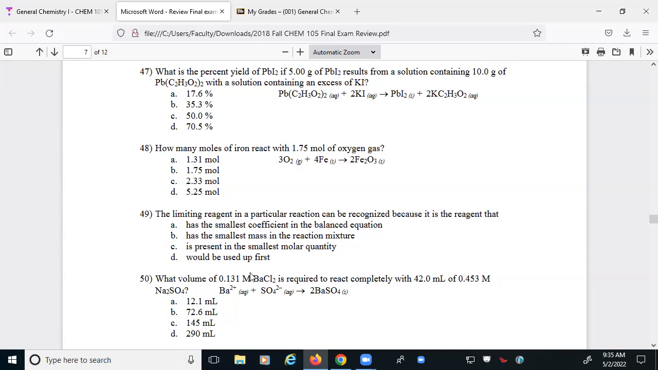Number 49 comes up. Limiting reactant in a particular reaction can be recognized because it's the reagent that would be used up first. Letter D, that's a definition question, doesn't require calculation, doesn't require manipulation, doesn't require any further thought. I just mark 49D, I move on. The reason I go through it that way is because if I can knock out all of those concept questions initially, and I know the answers, and I know I've probably got at least 3/4 of them right, if not more,